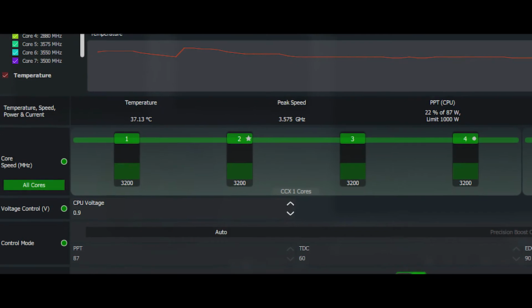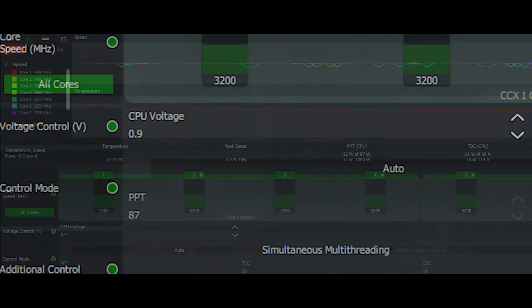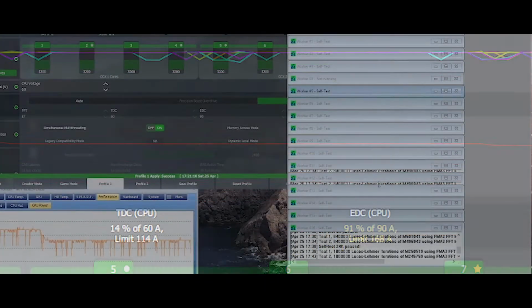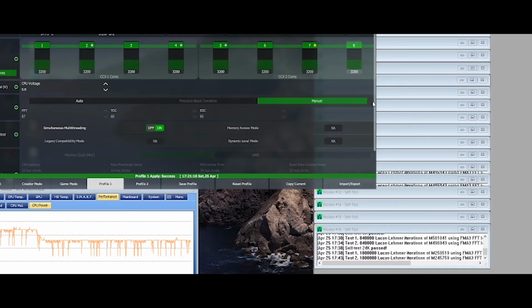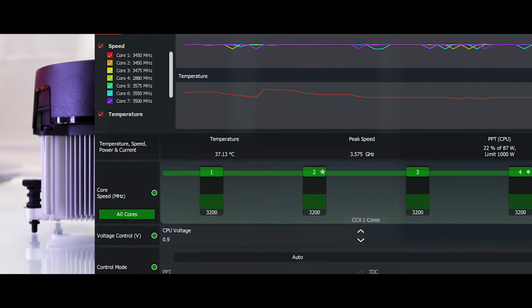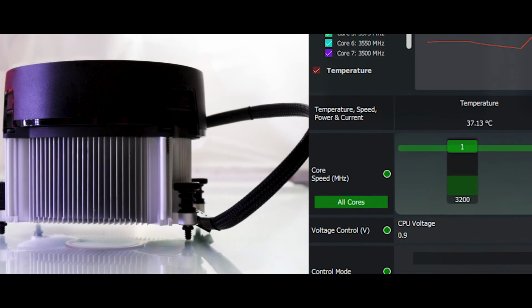2. Step down the CPU voltage by 0.050. 3. Apply and stress in the Ryzen Master software. 4. Run any CPU stressing tool like Prime 95 for 30 minutes, or render something in Blender. 5. If your computer still works without crashing, then repeat the steps from 2 through 4 till the computer crashes